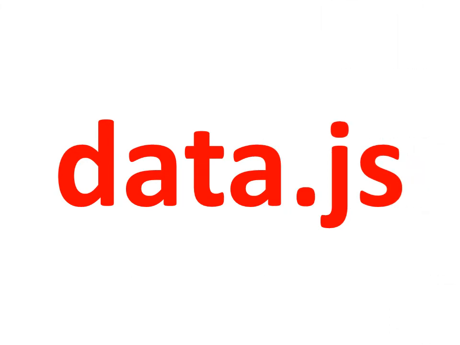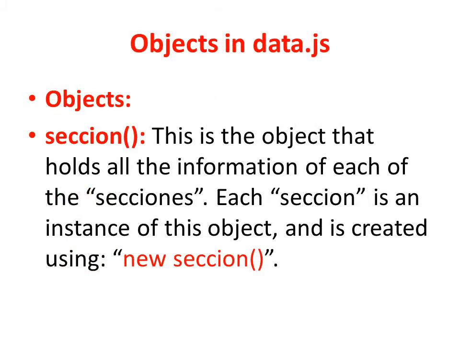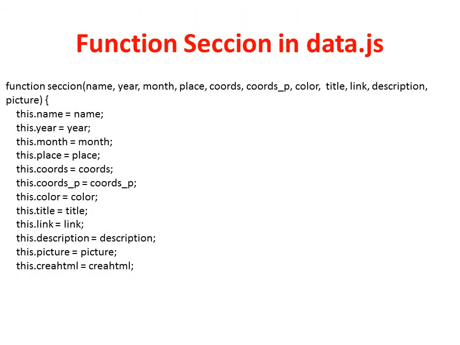The data JavaScript file has objects, properties, methods, functions and global variables. The object is called section and it holds all the information of each of these sections. Each section is an instance of this object and is created using new. This is again the list in the function section to locate the name, year, month, and place, the coordinates, the color, the title, the link to the picture, the description of the revelation,